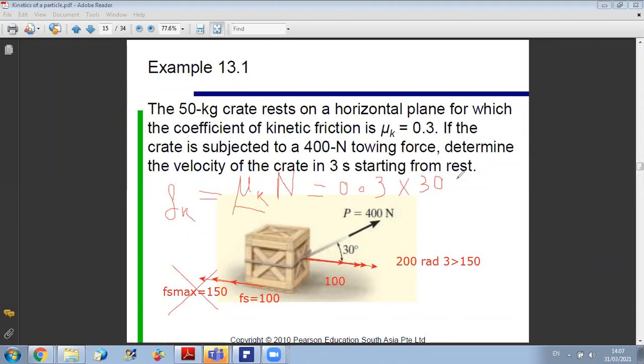دكتور كيف عرفنا انه الاف اس ماكس هي 150؟ لانه انا اعطيتكم ميو اس equal 0.5. اوكي، الاف اس ماكس هي ميو اس تايمز ان. اتفقنا؟ احنا عملنا كالكوليشن قد ايه طلعت معنا ان؟ طلعت 300، وقلنا انه اذا ميو اس equal to 0.5 اوكي، شو حتكون الماكسيمم ستاتيك فريكشن؟ حتكون 0.5 times 300 هي 150. اوكي، بس ما نحن عملنا بي اكس طلعت بي اكس اكبر من 150، يعني منه ستاتيك كيس، اجباري انه تمشي